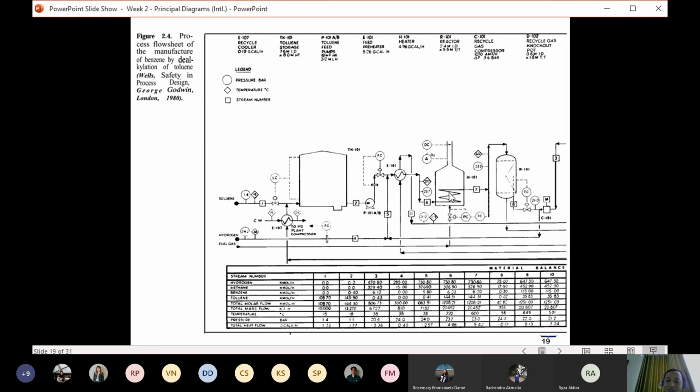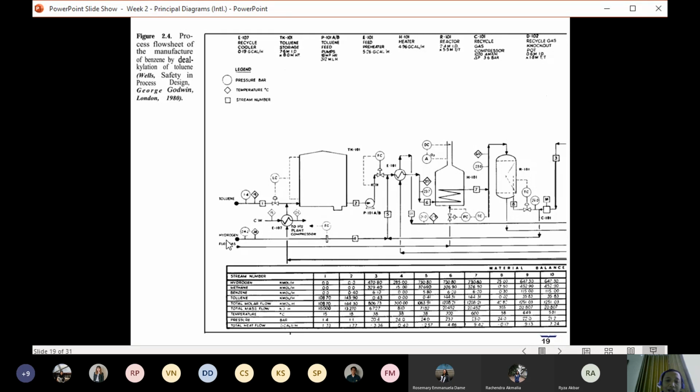Yeah, so this is the important information that we can have from the PFD. We know how they conduct the process, how they conduct the reaction, by showing this one. And then I also know how to increase the temperature. From this PFD, I know that they will use fuel gas to burn in here to increase the temperature, not by using the steam.